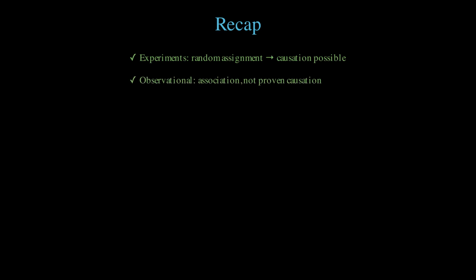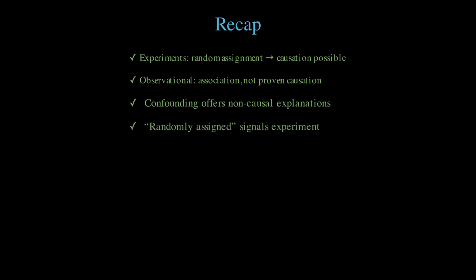Recap. Experiments manipulate treatments. Observational studies do not. Random assignment is the special ingredient for fair comparisons. Observation can find patterns, but it cannot guarantee causes. Always ask what third variables might explain the link, and let randomly assigned guide you to experiment reasoning on test